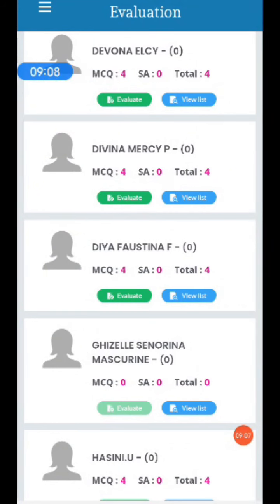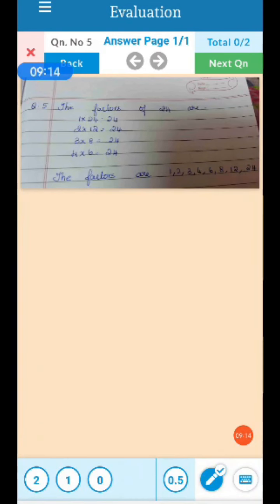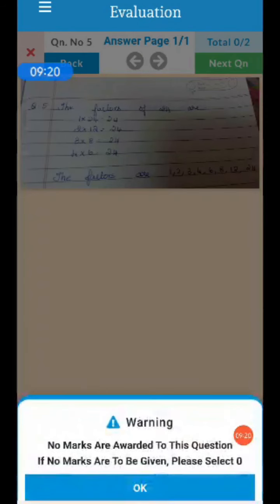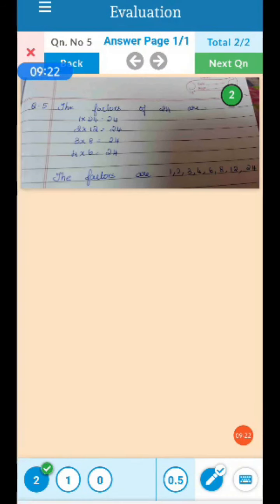So this was the 5th question that we added, and this is the answer that was added by a child. It will be reflected to us when we open the evaluation button. So our answer papers are ready for evaluation.